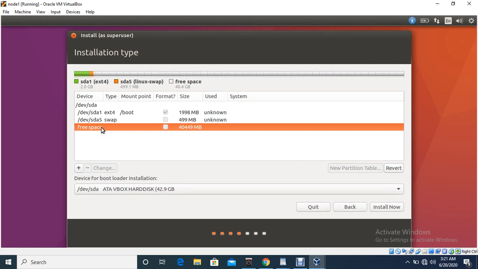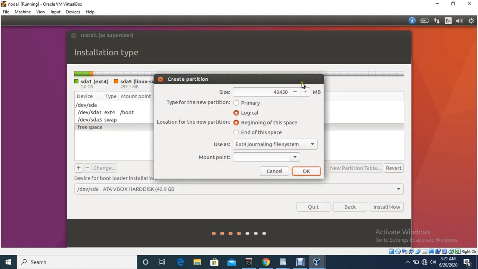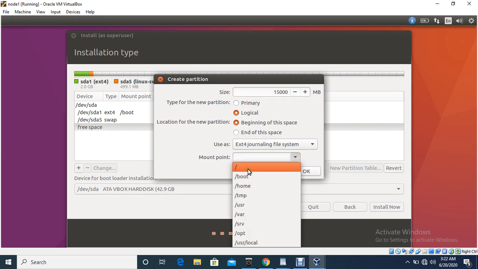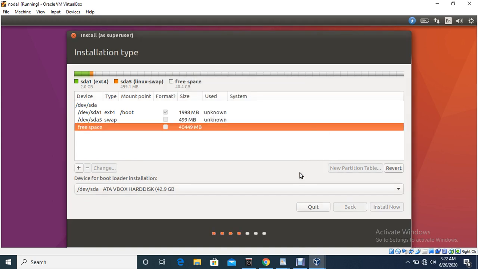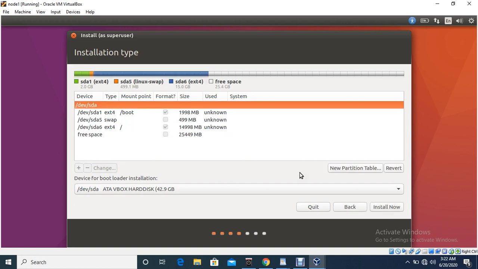Now let me create the /root partition. Now you click again free space, click the plus button, and here I have to give the size. So I'm going to give here 20 GB or maybe 15 GB. This is okay, and then you have to select logical, and then select the file system type, ext4, and then mount point. So root is indicated by slash, which means root. Root is basically holding all the operating system installation files, so that needs more space. That's why I'm giving 15 GB.